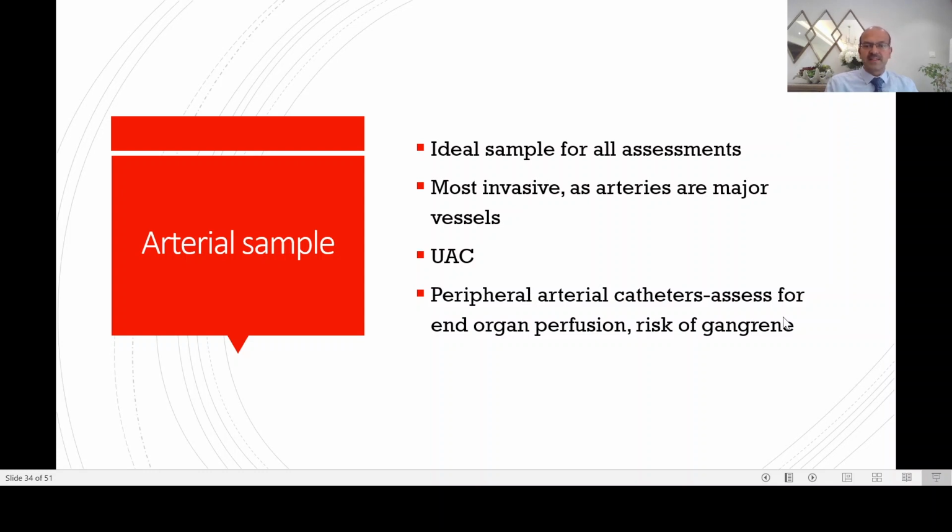And peripheral arterial catheters are not routinely used in most units. However, in the very sick babies, like we discussed, if you don't have an arterial line, you may have to insert a peripheral arterial catheter. Don't forget to assess for the end organ perfusion. For example, if you're using the radial or ulnar artery, you need to do the Allen's test and confirm that the flow is good from the opposite side. There is always a risk of spasm and gangrene, so keep evaluating the fingertips or the toe tips so you don't have risk of gangrene.